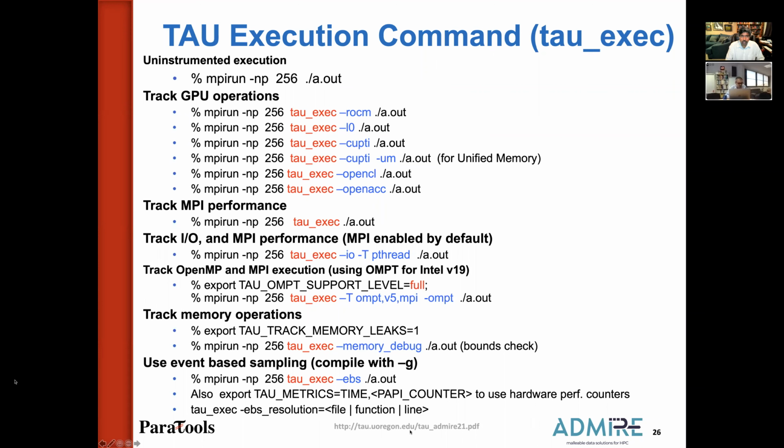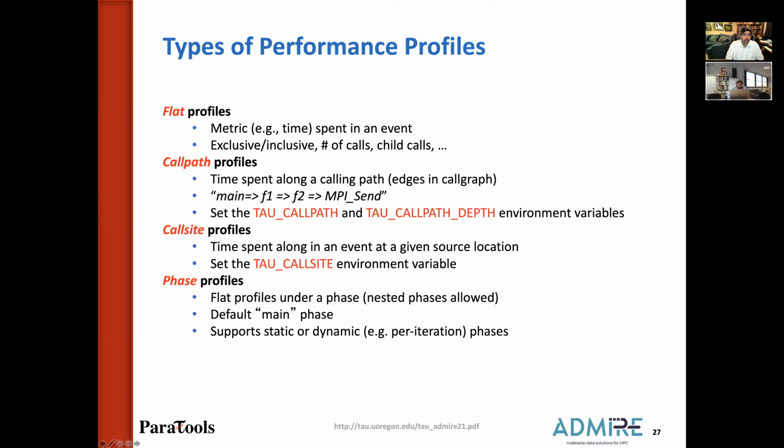So to recap, if you have an uninstrumented binary that you launch like this, you can just turn on something like tau_exec -ebs to get the first profile file and see where the application is spending its time. You can generate flat profiles that show you just the execution time in each function and statement level, or you can turn on call path profiling